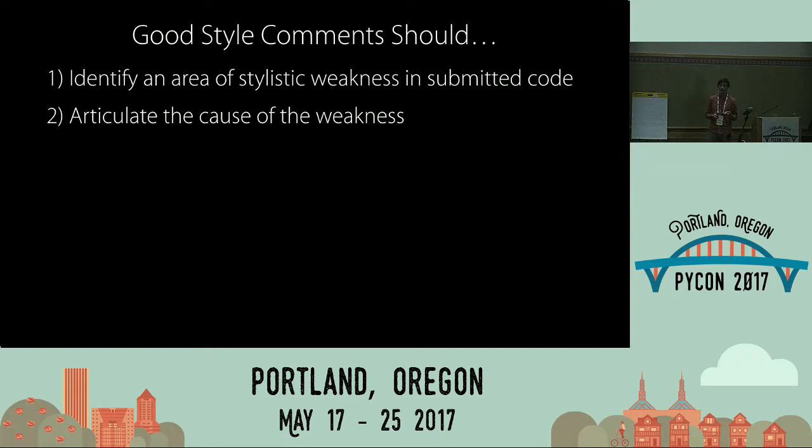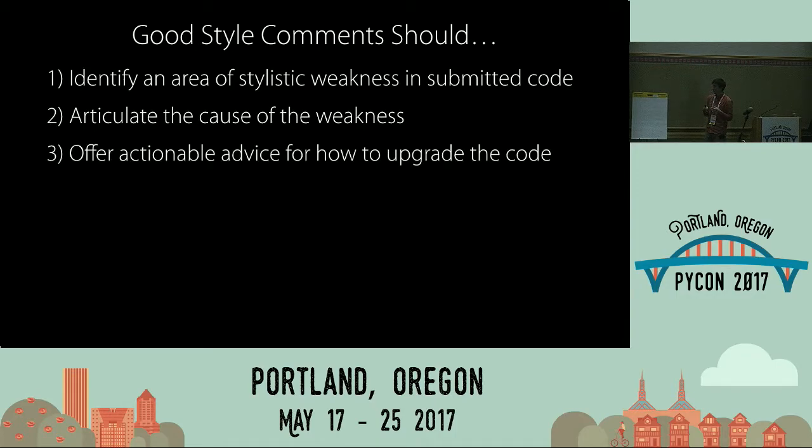And it's really hard as a student as well if someone dismisses my code just saying, what you thought you were doing, not good. You should do it this other way. A way that probably doesn't make as much sense to you. So when you're giving style feedback, you should articulate what about the change you're suggesting is reasonable. And lastly, always offer actionable advice. Even if you say, this loop is bad because it violates this particular standard, this loop is bad because it's really slow, you want your feedback to give actionable advice where you can say, instead replace this with enumerate.